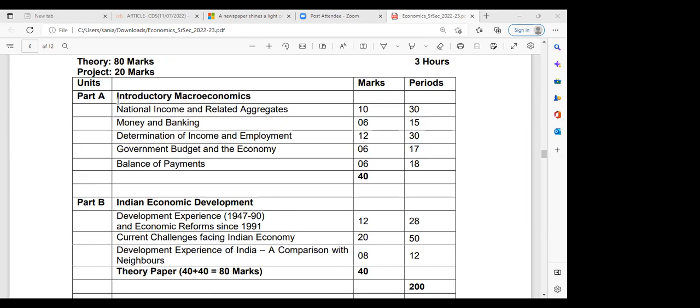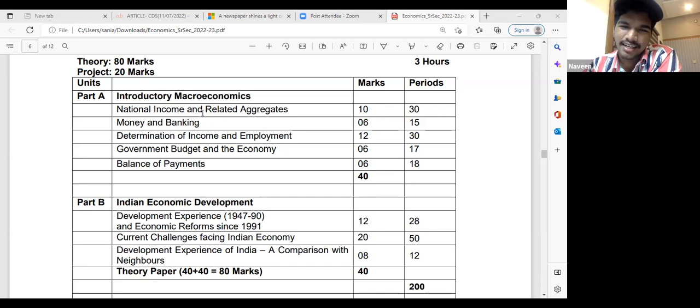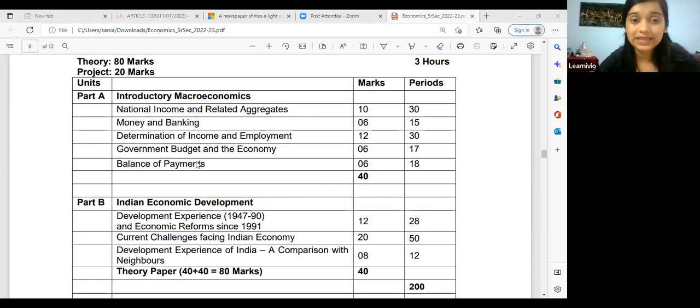If you want to score very well in the Indian economic development, you have to keep few points in mind. So basically there is a strategy, and for every chapter there is a strategy. Like for national income, you should be very good in this point so that you can score very well in